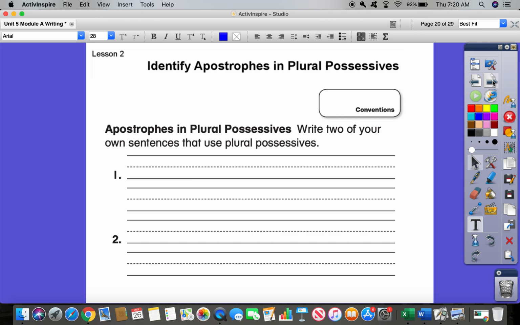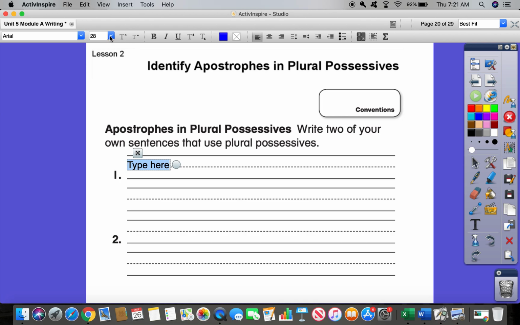So now you're going to do the conventions in your writing journal that is in the Google document. You're going to work again with identifying apostrophes in plural possessives. Write 2 of your own sentences that use plural possessives. You'll be typing these into the Google document. If you need another example,